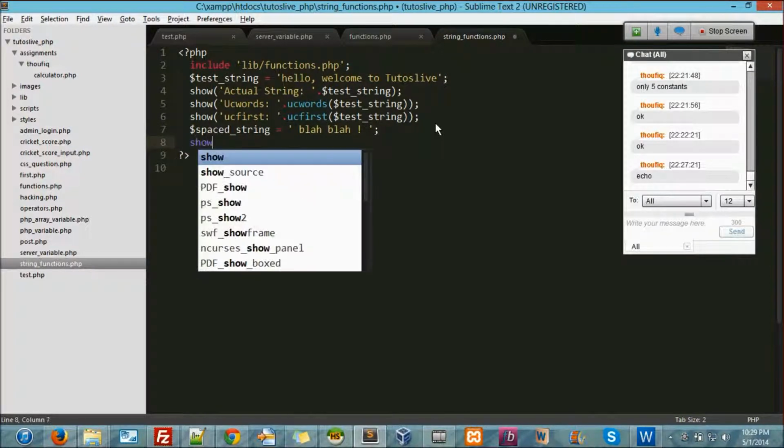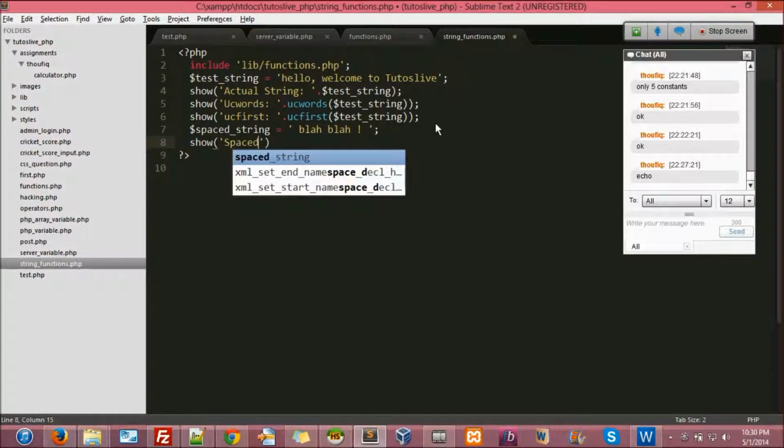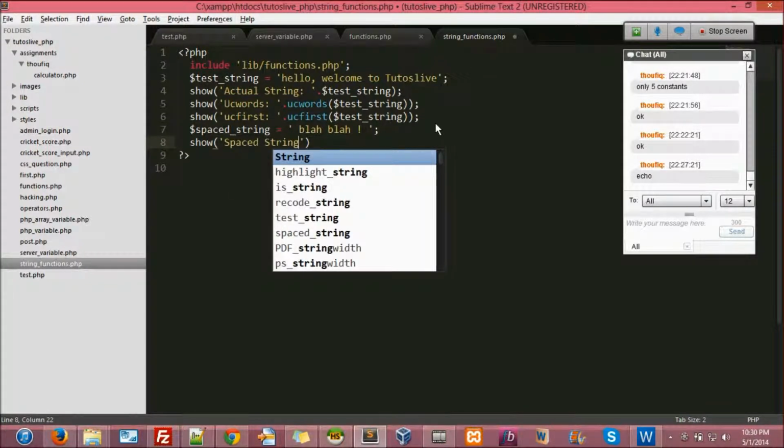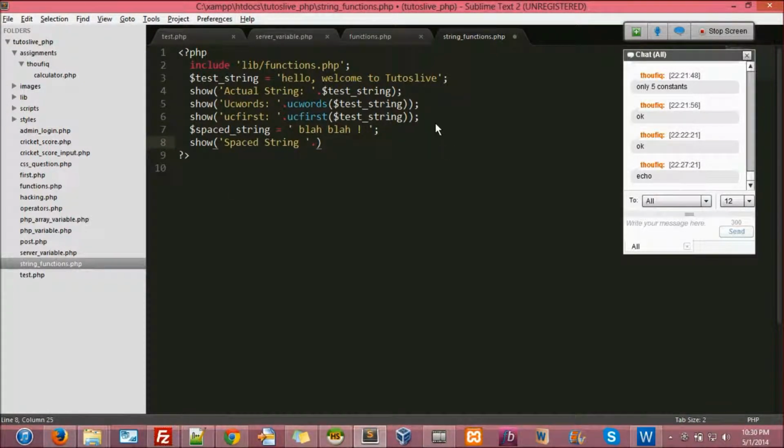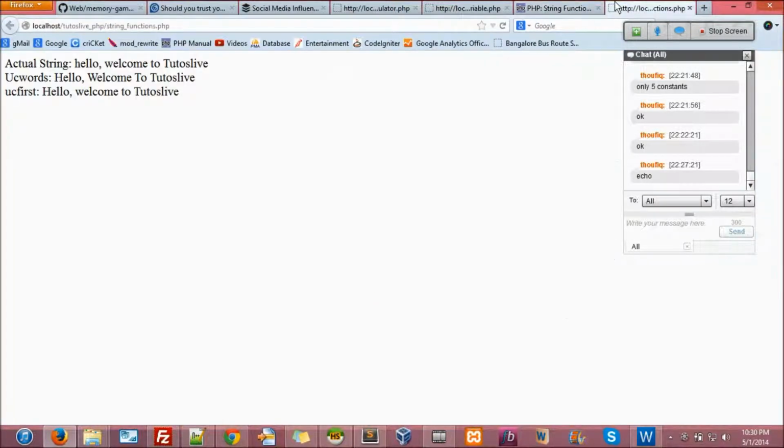Let's see how it looks. Spaced string, dot, dollar spaced string. So let's see. Actually, the space should come up here. I don't know what really happened there.